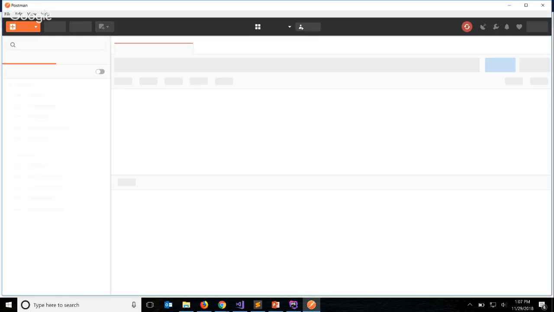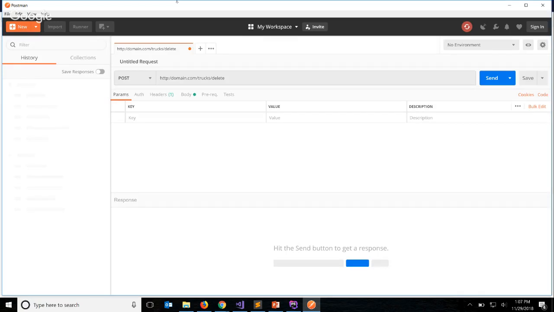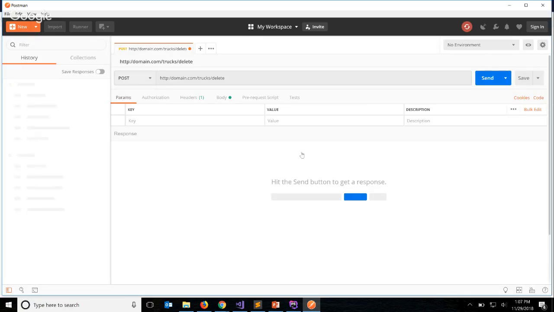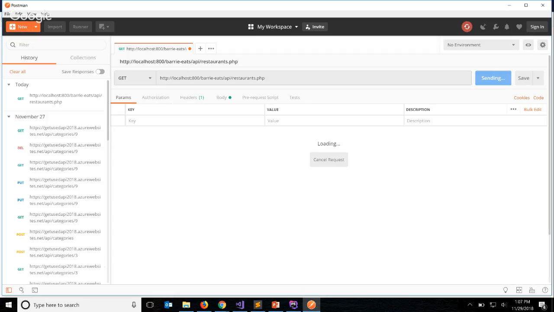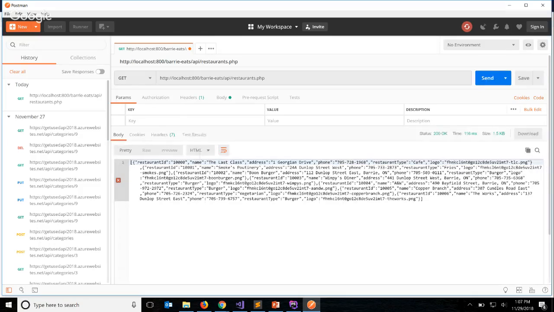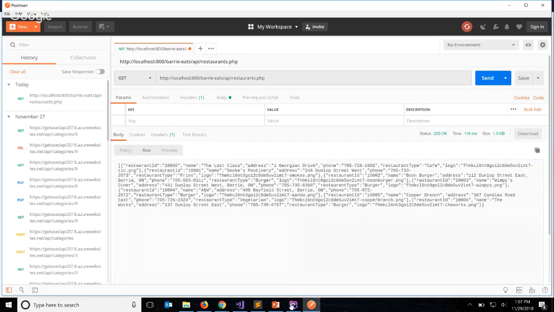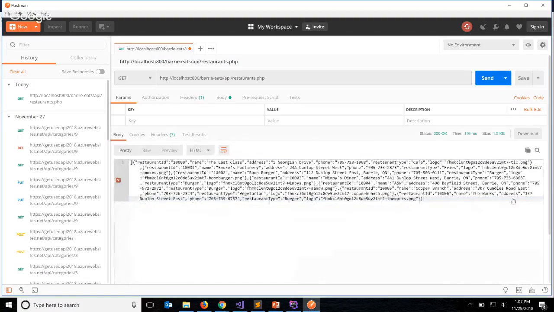I put in their API addresses and then I make get and post requests. If I do a get request, restaurant, there's our JSON that comes back. Or if I put in an ID,